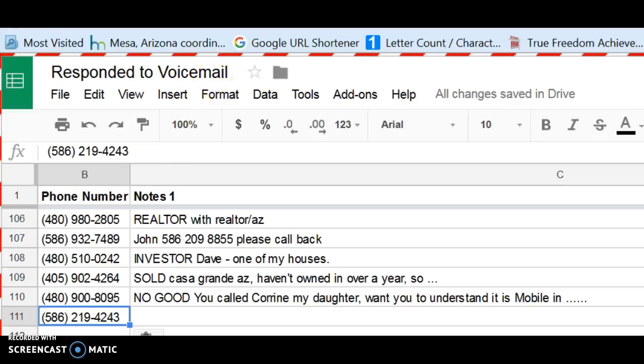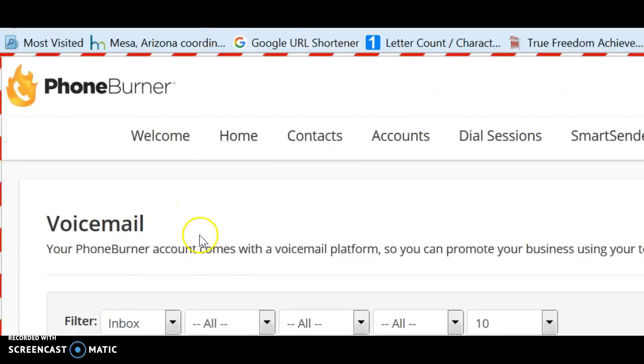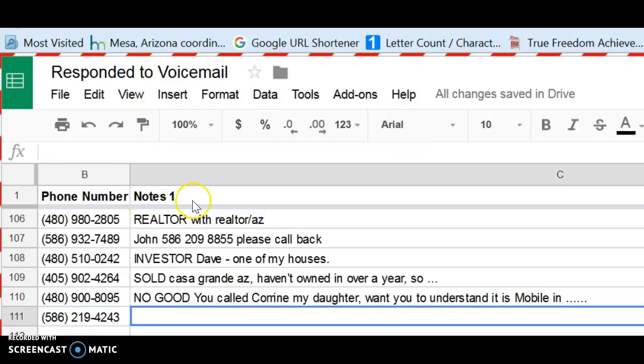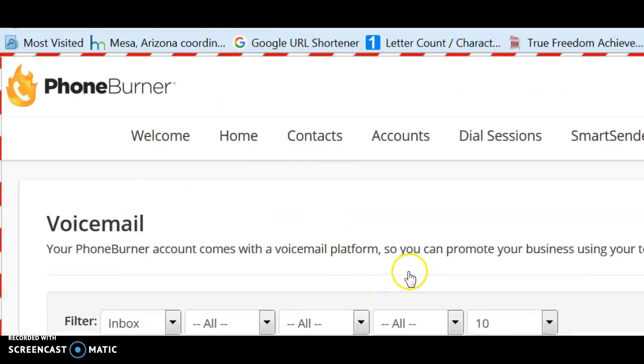Then after that, go back to PhoneBurner and play the message. And then you're going to write down in that sheet, in the responded to voicemail, you're going to put those notes of what they say right in there. So I'm going to go play it. You can't hear what they're saying, but